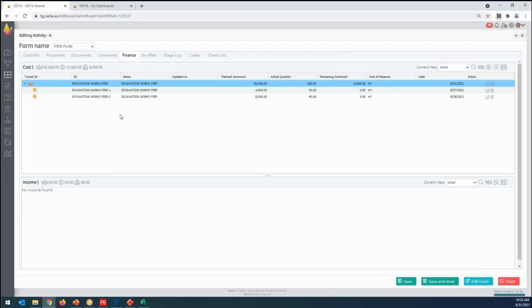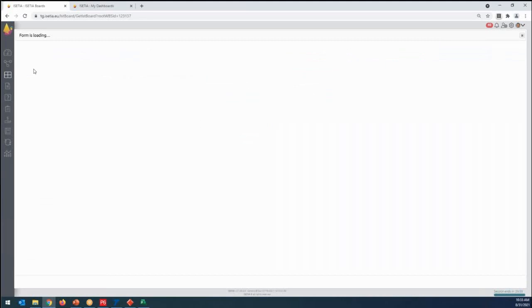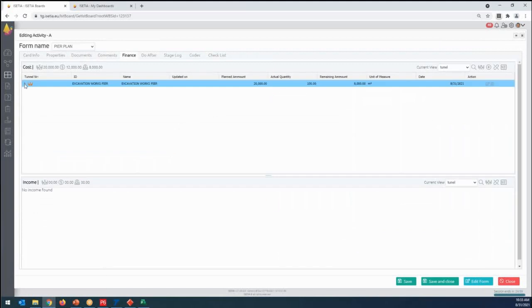And I will never miss anything here because I have budgeted $20,000 with 100 cubic meters, and this is the process which I'm controlling. And let's say something happened that my site people just enter more than what we planned. We have a process for it, which is if the progress here is more than planned. So I have 20 and 40, 60, but planned was 100.